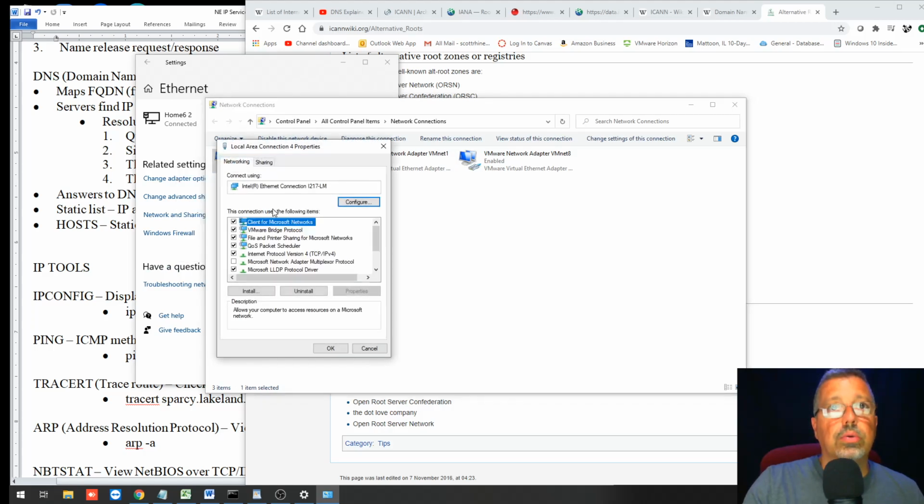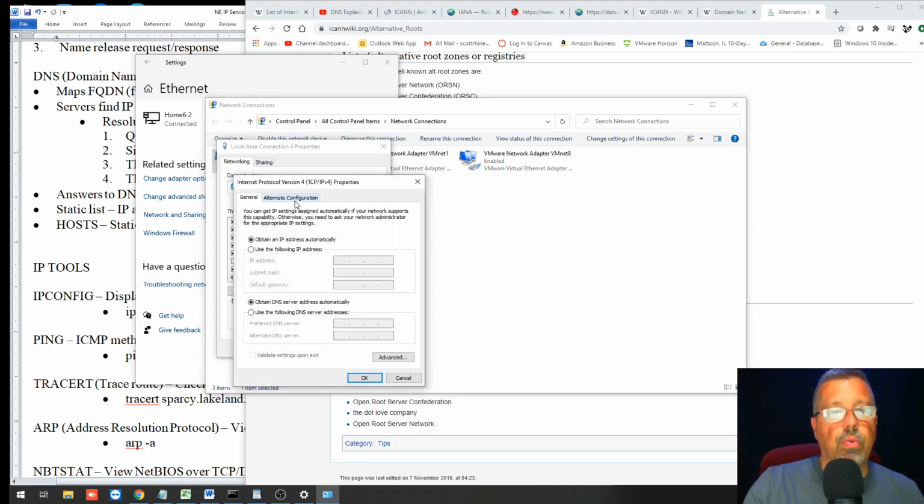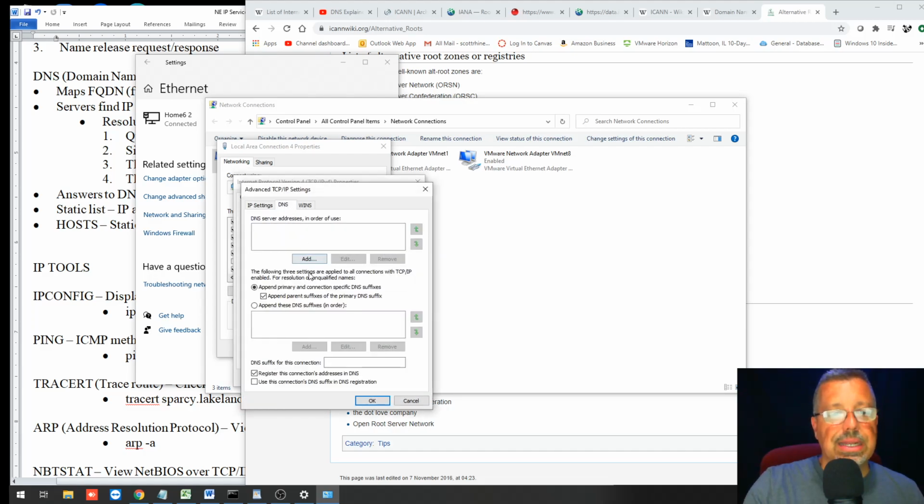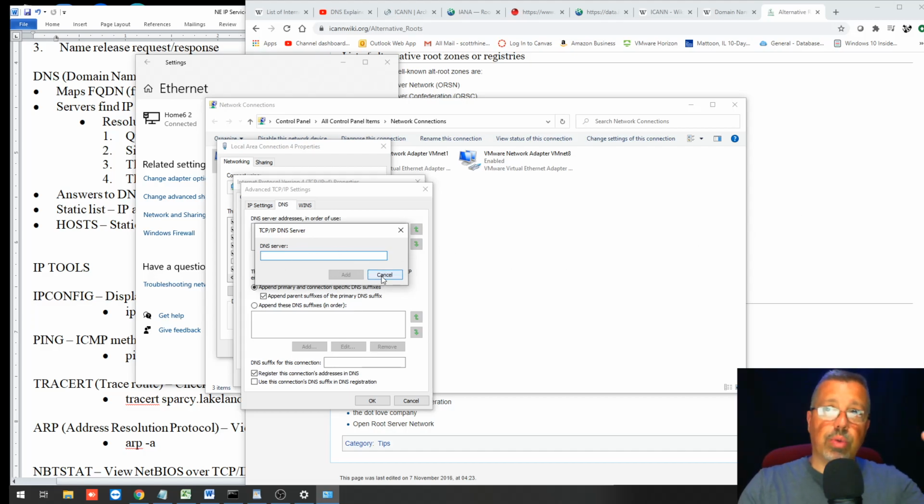So we go to IP version 4, and we go to advanced and DNS, and then the DNS server addresses, and then we would add the IP address of one of these alternate routes. And if you add the address of the alternate route, you always wanted it to be below the default. So you'd put in 8.8.8.8 as the primary, and then you could put in a secondary 8.8.4.4, whatever combination, whoever you wanted to use as DNS. You could put those as the first two as the standard and an alternate, and then you would put this down on the list. So when you went to scottis.funny, it would go to Google's DNS servers, and